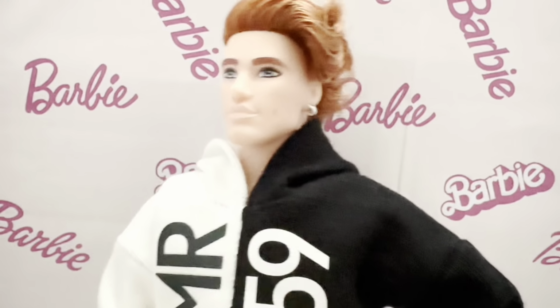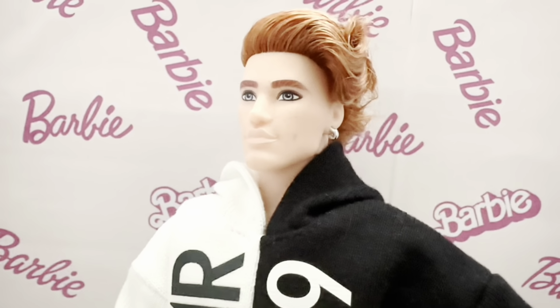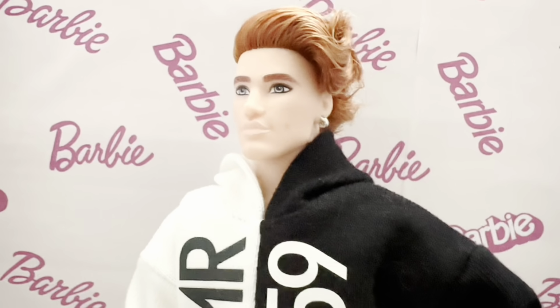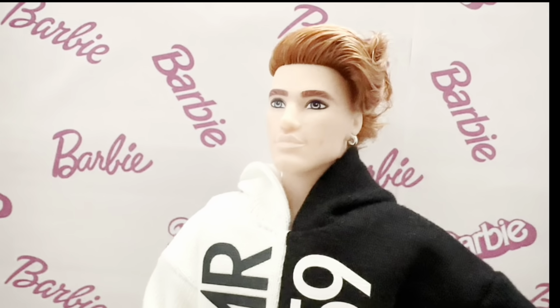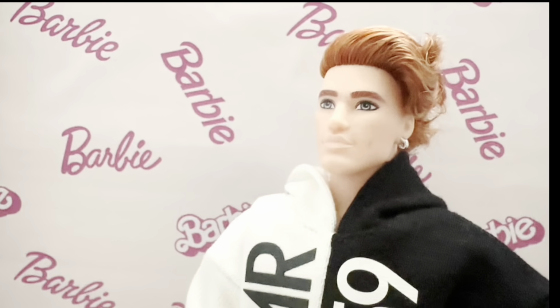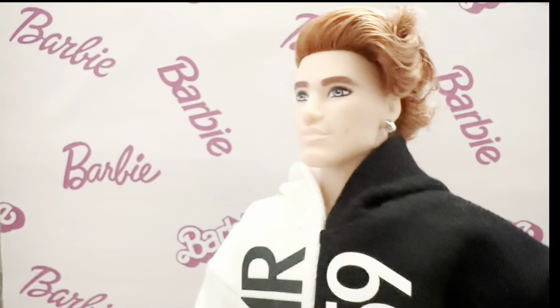BMR1959 line, and perhaps that's why I got him. Well, aside from the fact that he's a gorgeous base doll. If you want a little taste of the 1959 line, but you're not a big fan of bright colors and bold prints, he might be a good introduction to that, as well as Barbie's collector line in general, him being